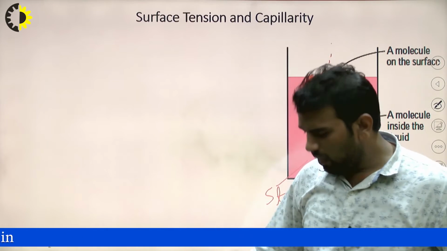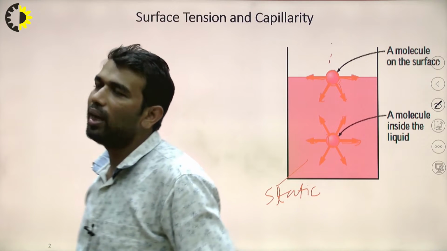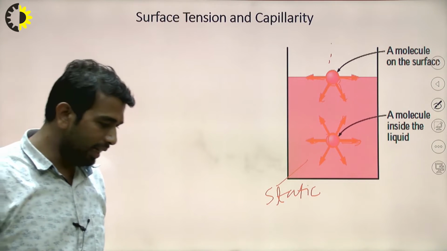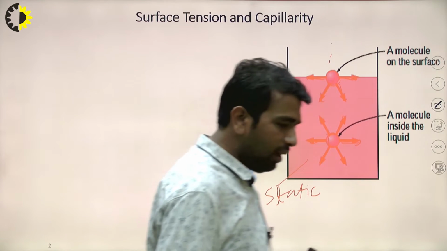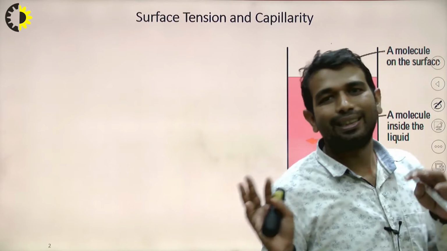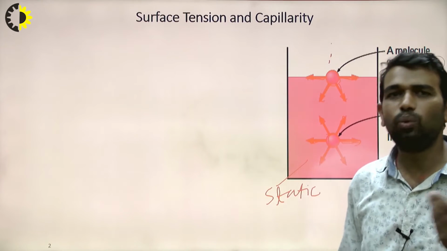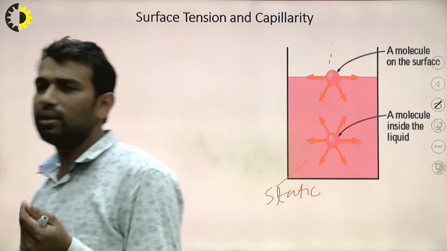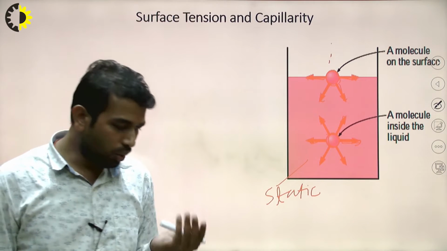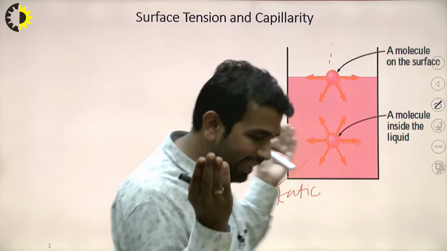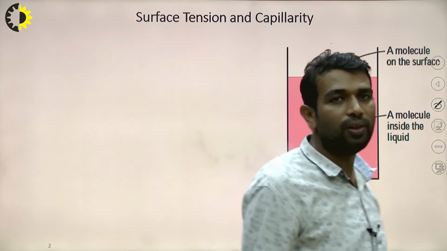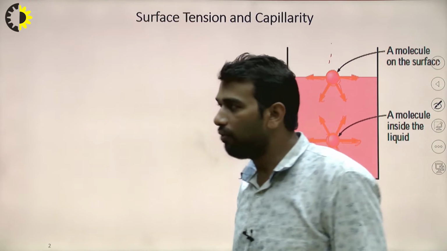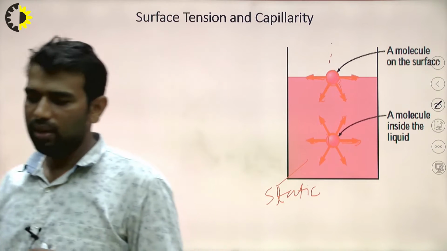So, it means simply that the surface tension phenomenon is because of the unbalanced force created on the surface when the cohesive force is applied unidirectionally or in particular directions, not in all directions with the same magnitude. So, what is going to happen? It's going to create a stretched membrane on the surface, and that stretched membrane of the surface is going to create a force. We call that force surface tension.